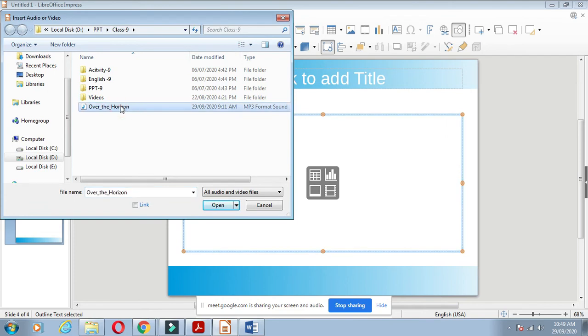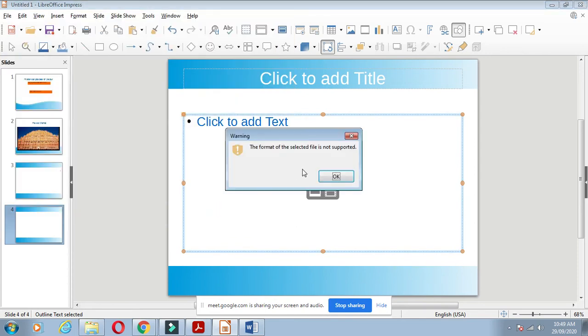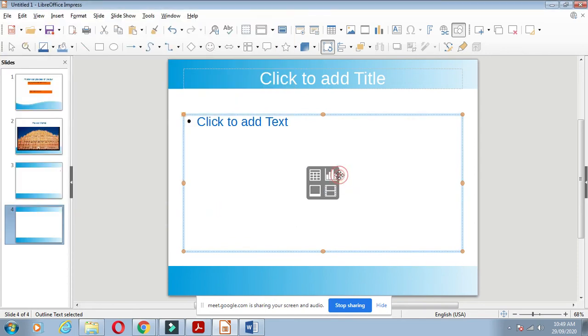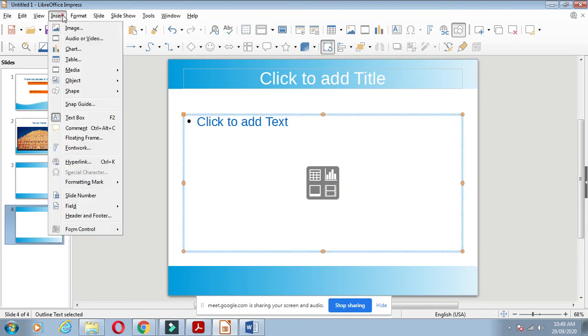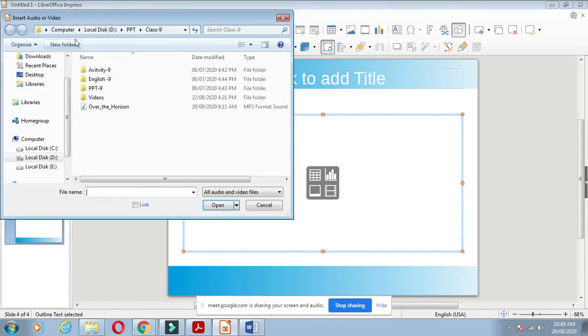That audio file must be an MP3 file. Otherwise, the other types of extension will not run in your presentation. That MP3 file you choose and open it. Audio file.